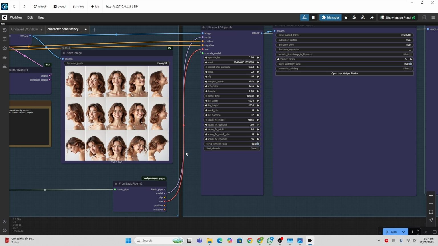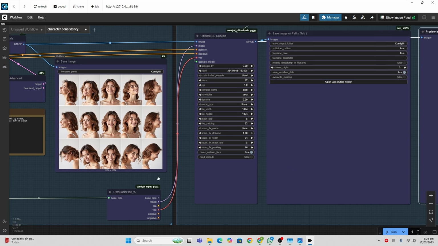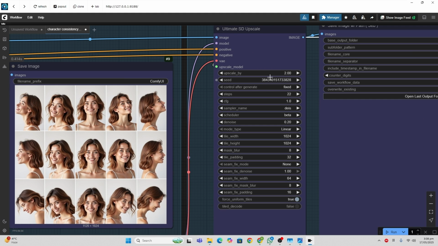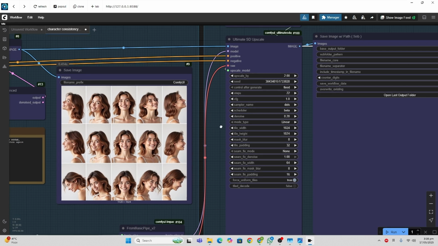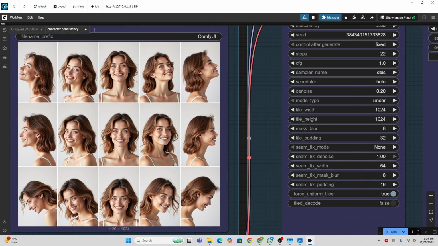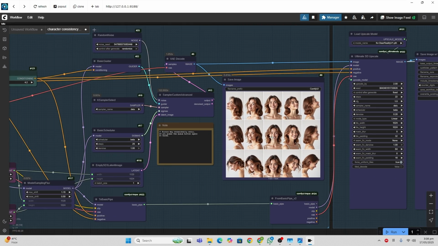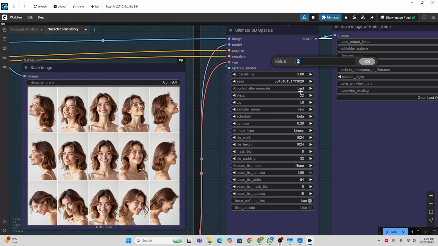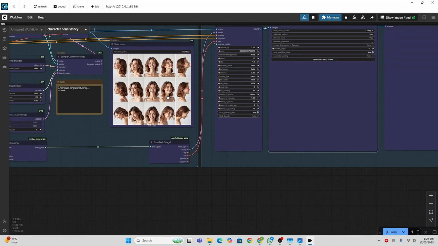This upscaler is super good. It will not change your face at all. It will just upscale it, and you have to upscale it a lot, like maybe 3 times. So it will be a very big image. But now it's a very big image, so I can crop these things, and still each one of those single images will be in a good resolution. So that is very important. That's a little trick, so you can do that. So now let's just upscale this. I will upscale this 3 times as I said, and we will wait for the upscaling.